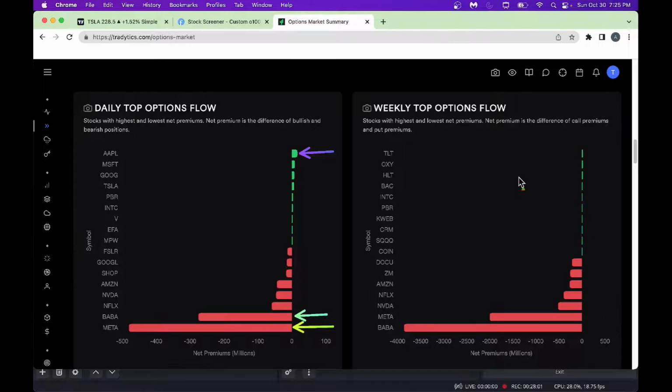And then you got weekly options flow here. Look, from a weekly options flow perspective, Alibaba is a lot of negative flow here. And we got here Meta, we got again a negative flow here. So it's always good to understand what's going on, mainly because things might turn around the corner as Alibaba becomes more and more negative. You could buy some of these long-term options or slowly buy some of them, because there is a good chance they might come back around and bounce back.